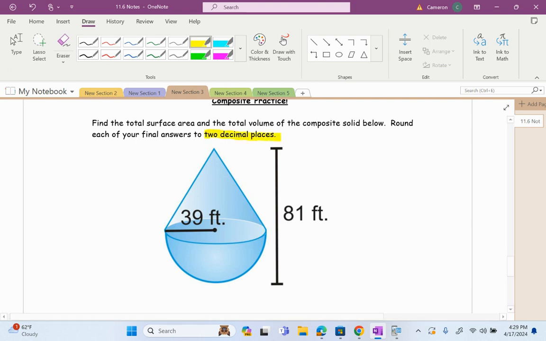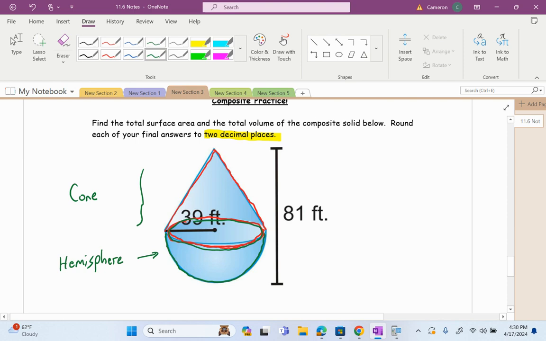So what it looks like, let's kind of look at what we've got. It looks like I've got a cone sitting on top of a bowl. And what would that bowl be? Well, it's not a cylinder because it doesn't have another circle on the bottom. It's actually curvy here. This is a hemisphere. Okay. The one that I'm outlining kind of in green and in red. This would be a hemisphere. Think of a cereal bowl. And we're putting a cone